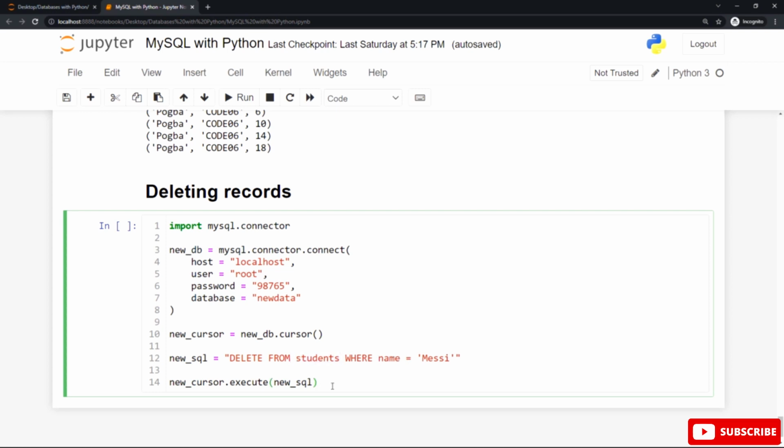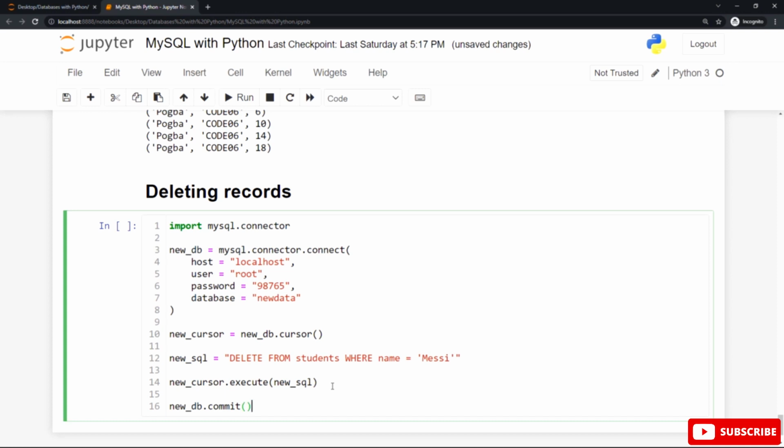And after that, you need to use a statement called commit, and the commit statement is required to make these changes, otherwise no changes are made to this table called students. So let's use it. You can see the commit statement here to make the changes to this database, to this connection.